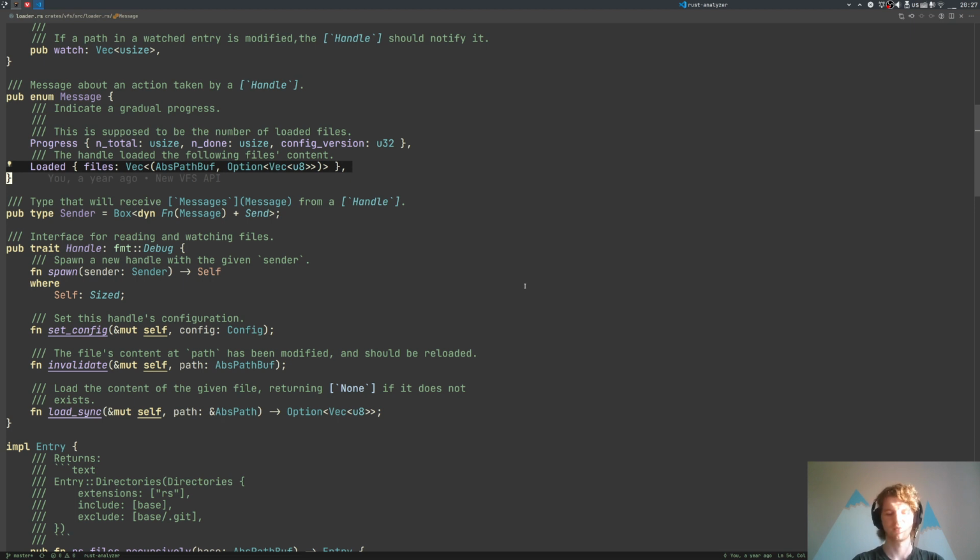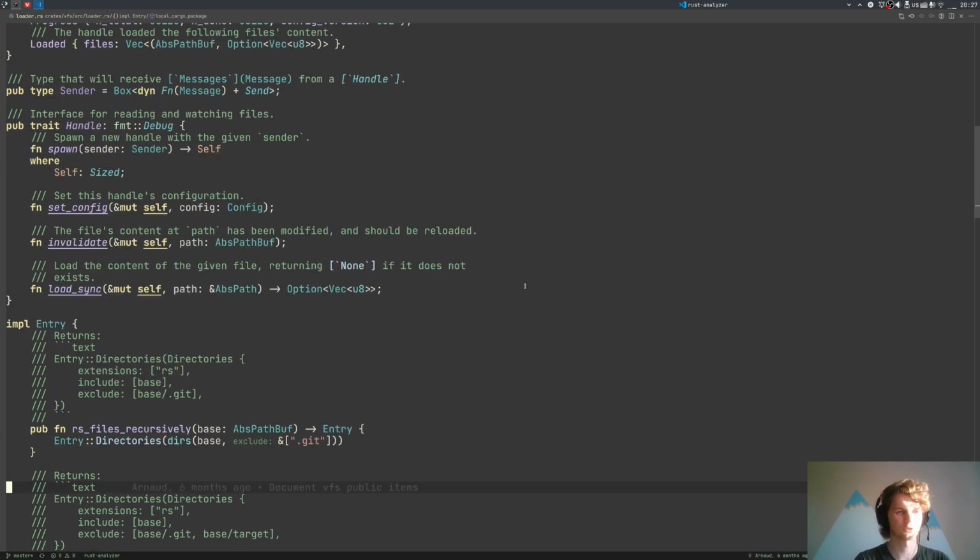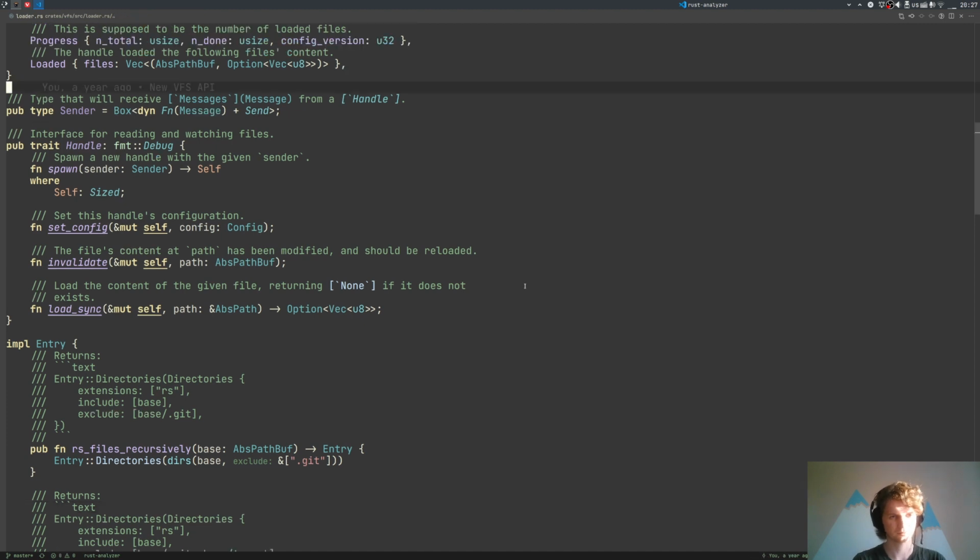That is because we ultimately feed the data from loader to the VFS, and the VFS actually doesn't care that it contains only the files we are specifically interested in. It is okay to store a superset of the files in the virtual file system. Basically, not storing all the files at all is just an optimization to save processing. It is not incorrect to store more files. Anyway,